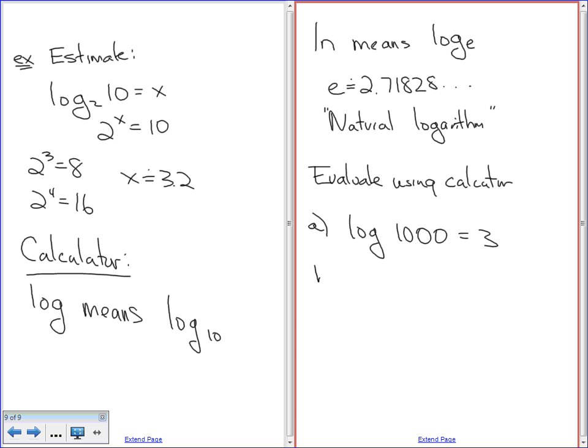Okay? But if I ask a question like this, log of 99, what exponent do I have to put on 10 to get 99? That's some random, not random, but that's some decimal number. So you would just round it off to a couple decimal places. Somebody tell me what that is? Perfect. And you knew it was going to be pretty close to 2 because the log of 100 would be equal to 2. And then finally,